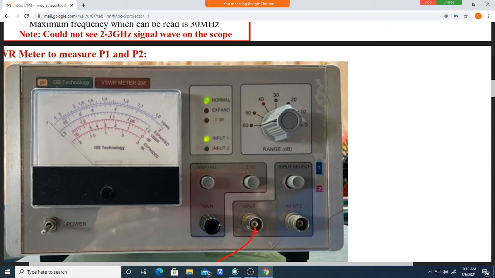If lesser amplitude, lesser power is there, you can select 60. This is 60, this is 50, 40, 30, 20, 10, 0. 0 dB power is 1 volt. Actually the next values are negative: -10, -20, -30, -40. Don't get confused here. The maximum is 0 dB, then -10, -20, -30, like that.